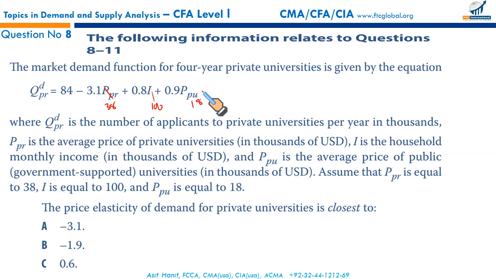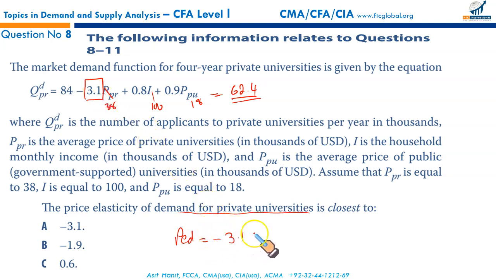Now if you replace these with the numbers, what you will get is 62.4. So quantity demanded at these variables is 62.4. What are we looking for? The price elasticity of demand for private universities is closest to. Price elasticity of demand. So this is the gradient of the function here. So price elasticity of demand is equal to this coefficient right here, multiplied by